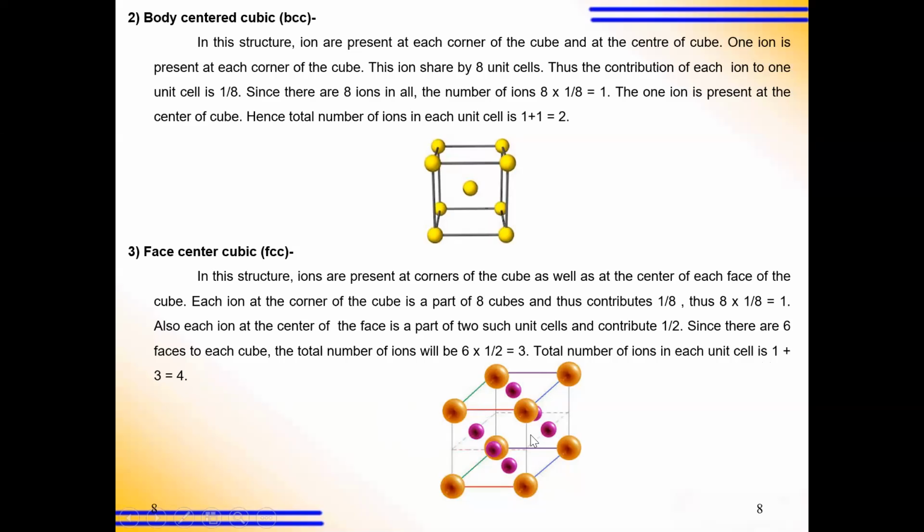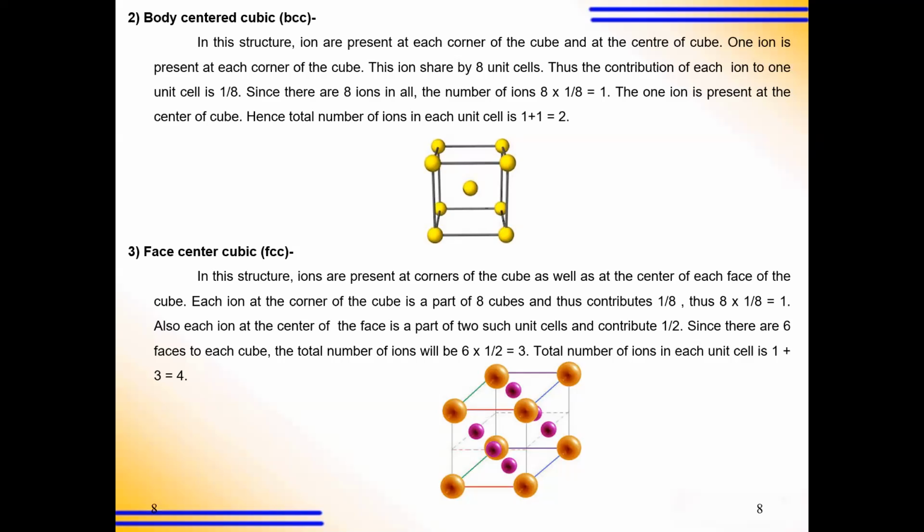So how many ions contribute in the face centered cubic or FCC? It will be 4. So simple cubic मध्ये किती आहे? तर एक आयन कॉन्ट्रीब्युशन होतोय. ते आपण बघितलंय कसं की 8 into 1 by 8. बॉडी सेंटर्ड क्यूबिक मध्ये बीसीसी मध्ये 2 होतात, कारण बॉडी सेंटर्ड क्यूबिक मध्ये सेंटरला एक फुल, एक कंप्लीट आयन प्रेझेंट असतोय. 8 कॉर्नर्सला असतात, त्यामुळे 8 into 1 by 8 is equal to 1. So 1 plus 1, it is 2. And फेस सेंटर क्यूबिक मध्ये एफसीसी मध्ये टोटल आयन्स जे असतात ते 4 असतात.